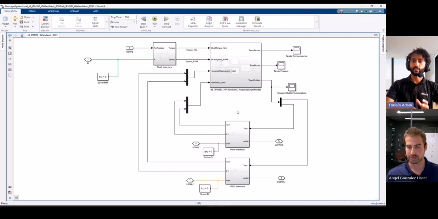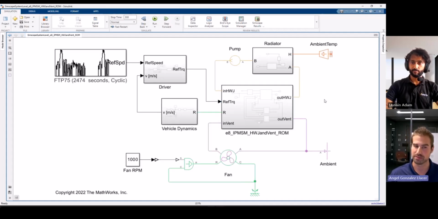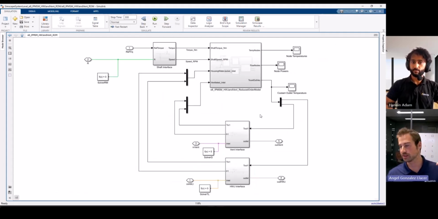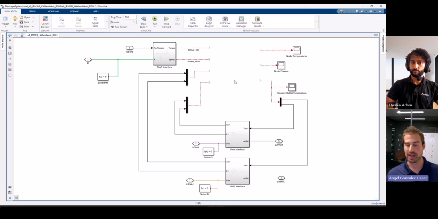So it's kind of a little trick there to use the outlets of the reduced order model temperatures as the inlets of the cooling systems. Exactly. It's a little modeling trick, and then you can integrate this in a Simscape model, so it can be useful. And is all of this available for our customers to access and to modify directly, or will they have to set all of this up themselves? This is available. They need to run the export for their own motor, and once they have the Simulink subsystem that has been generated for them, they just delete this one and replace it with their system, and they can test it in this particular condition.